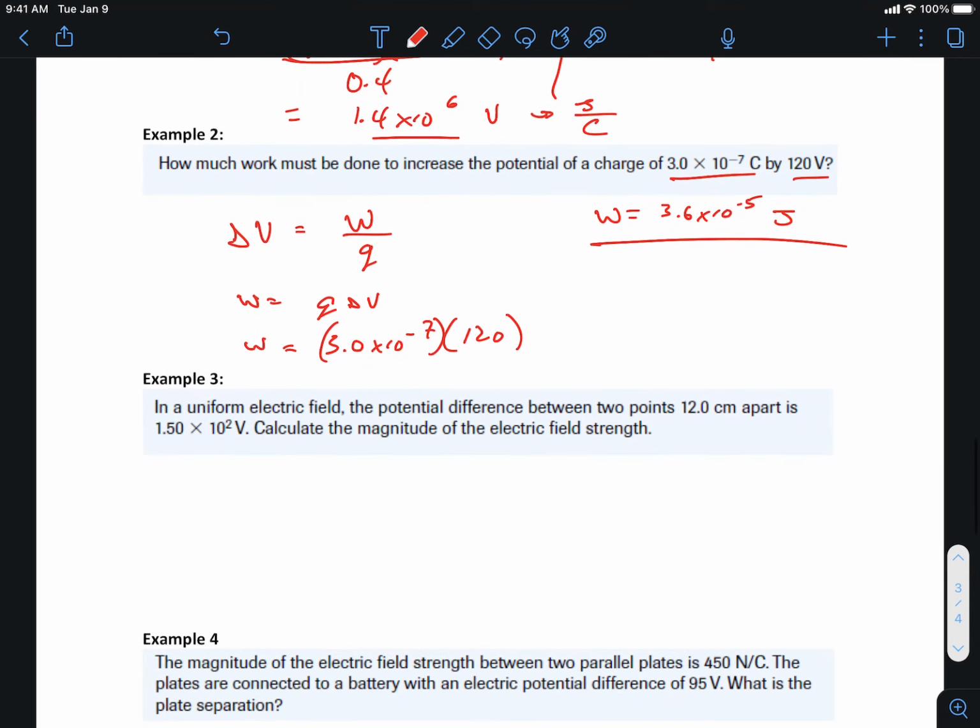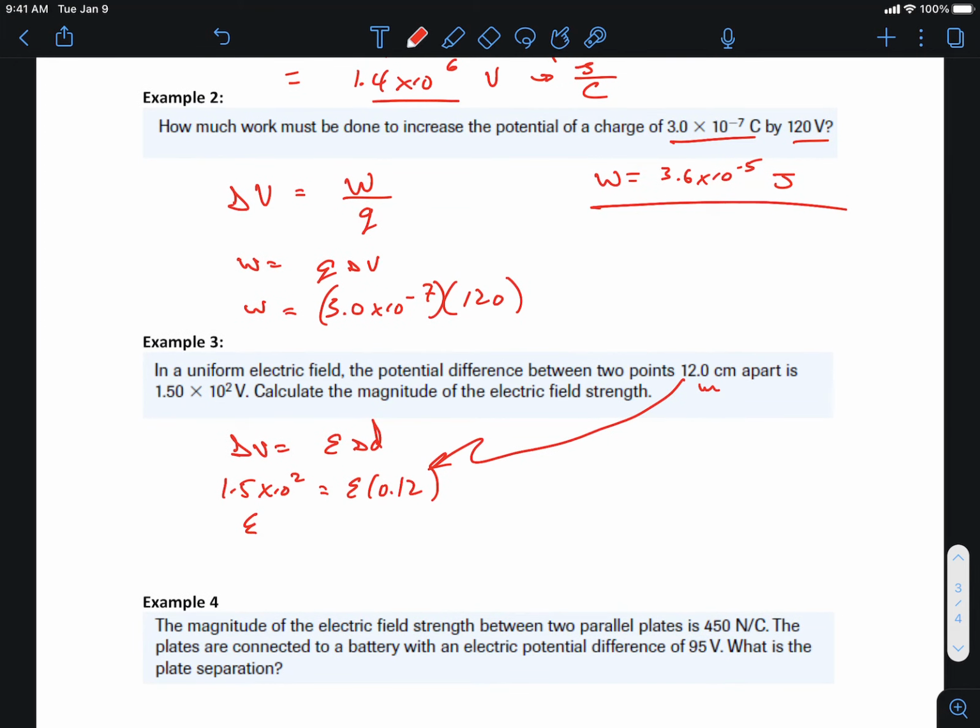So we're going to say, well, the change in voltage is equal to the field strength multiplied by delta D. So you just plug in, delta V we know is 1.5 times 10 to the 2. We have to remember this is in centimeters, we have to work in meters, so we switched it to meters. And the field strength is going to equal 1.5 times 10 to the 2 divided by 0.12, and the field strength is